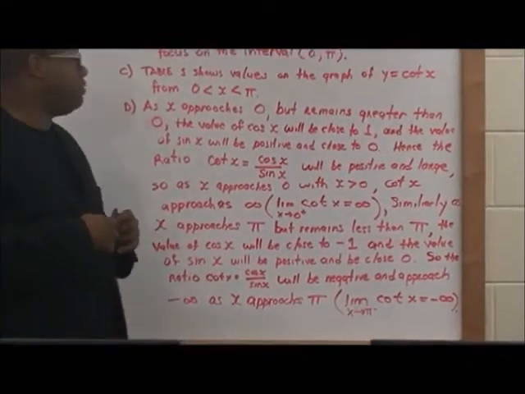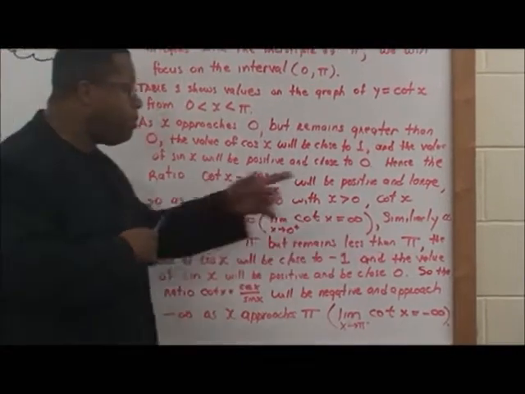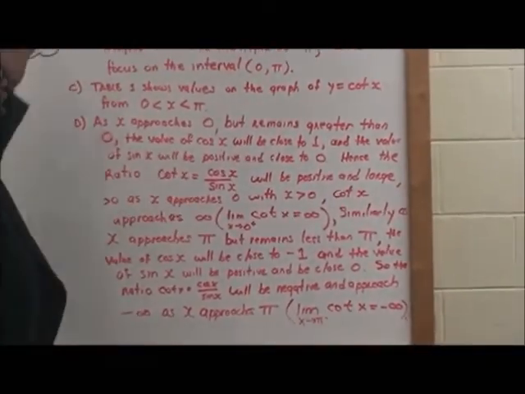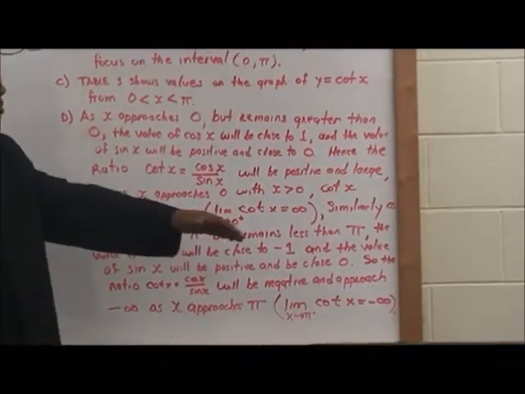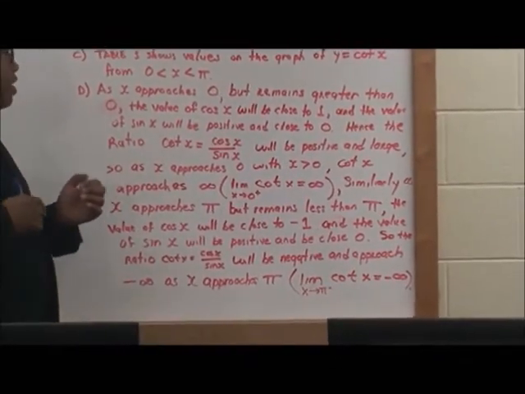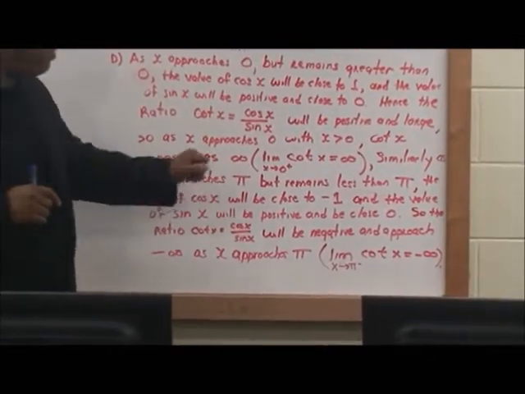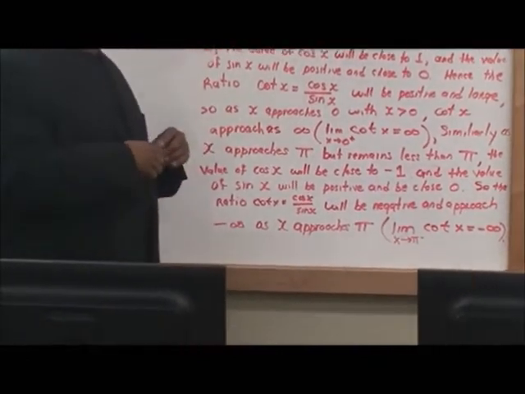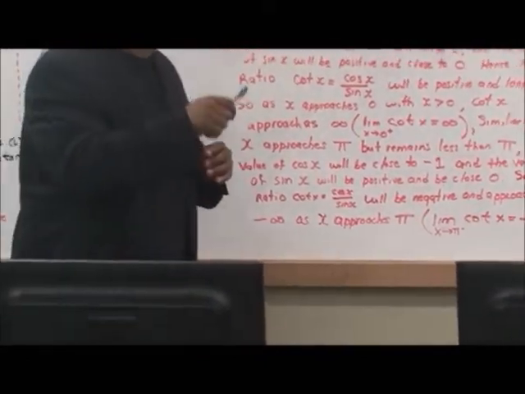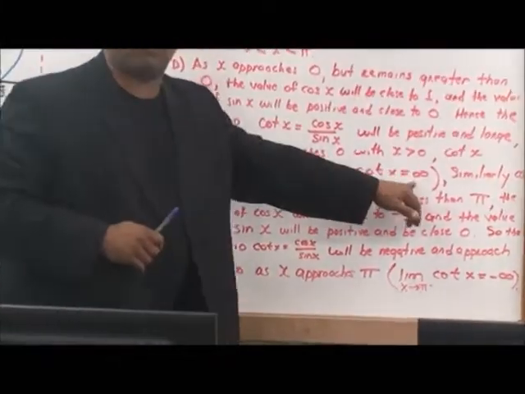Cotangent x equals cosine x over sine x will be positive and large. So as x approaches 0, with x greater than 0, cotangent x approaches infinity. And this is how this will look: the limit of cotangent x as x approaches 0 from the right-hand side is going to equal